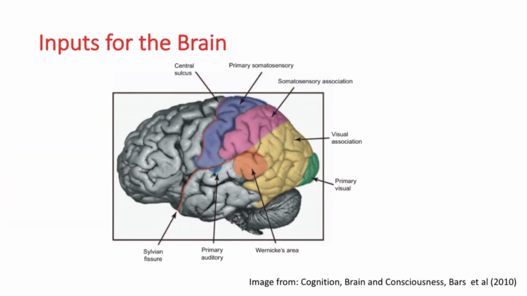Okay. Now let's look into the brain from an input-output point of view. As I told you, the central sulcus plays a very important role. Behind the central sulcus we have the parietal lobe part of the brain, and on the parietal lobe I am showing here two regions, the primary somatosensory part and the part of somatosensory association. The primary somatosensory part picks up all the signals from the thalamus region which are related to somatosensory related senses. For example, you are touching something, if you remember the finger example, then it comes to this primary